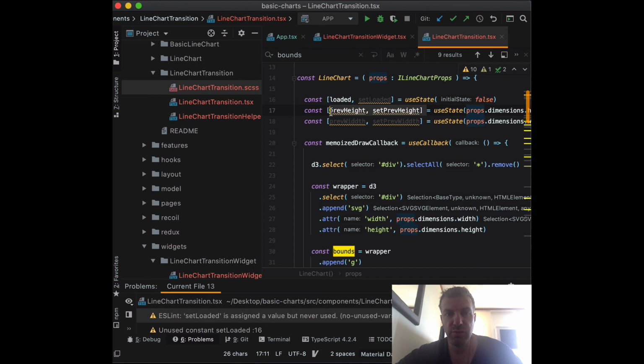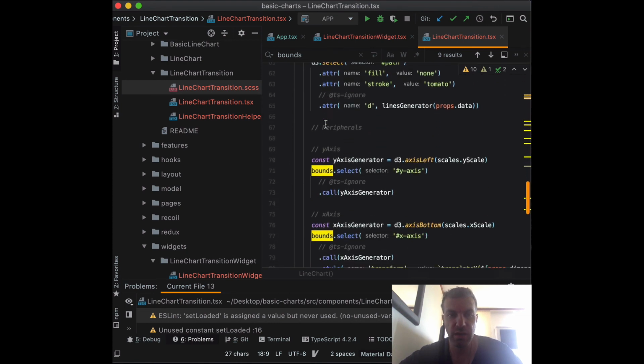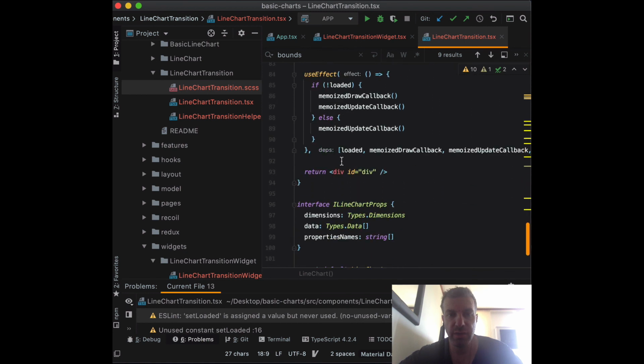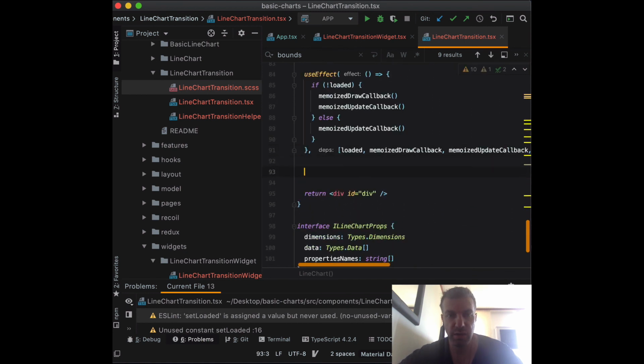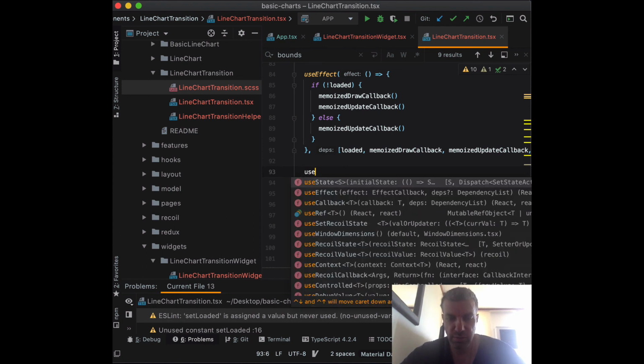If we want to have more control over our component, I set those state properties, and we can listen to those changes and handle it. We don't need it in our case, but I just want to show you how it's going to look like. So what we're going to be doing is we're going to create another use effect function,